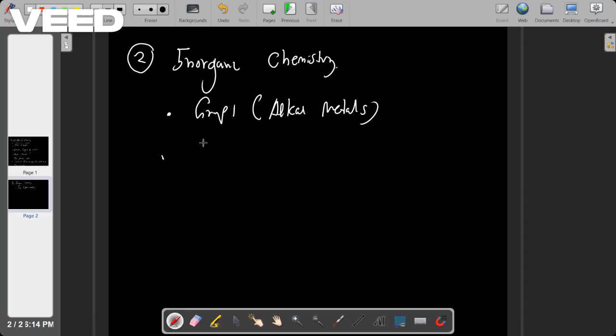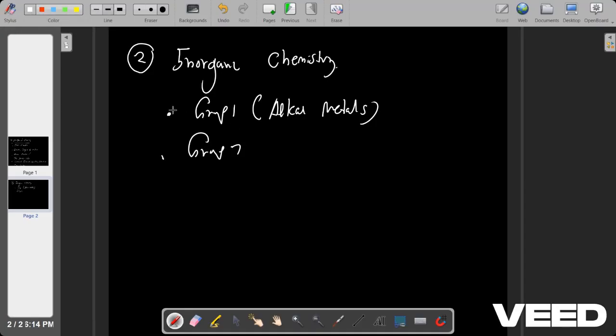Then group seven. So later in the principles of chemistry we are learning what these groups are. What is a group? What is a period? We are learning. I know in the middle schools also, to a certain extent, you guys have learned. And then halogens,